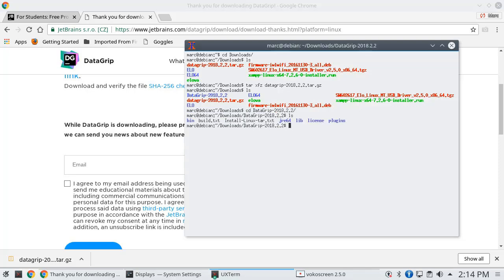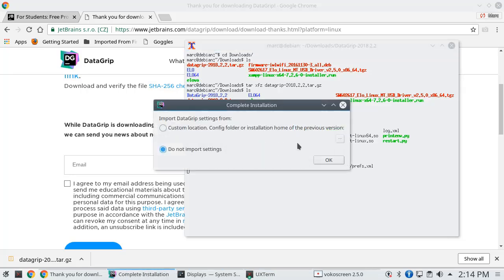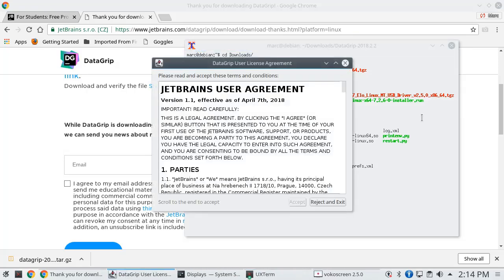So cd there. Let's see what we have. And we have an install, a bin. I think I can just say ls bin. And if I say bin/datagrip.sh, that starts up DataGrip. So I'm not going to import custom settings,